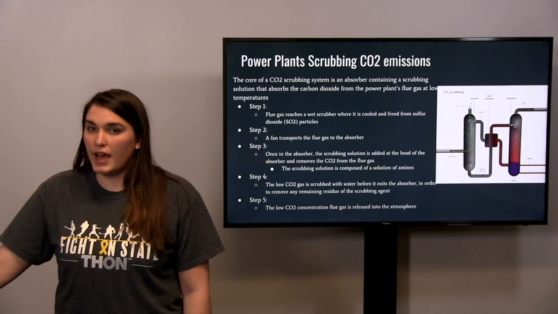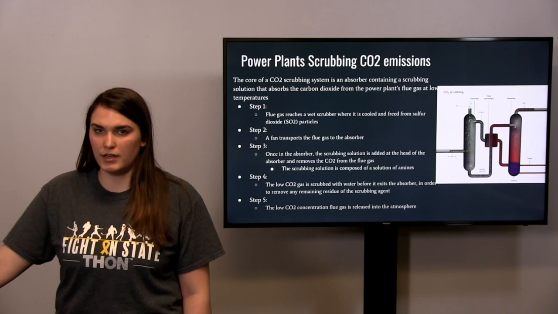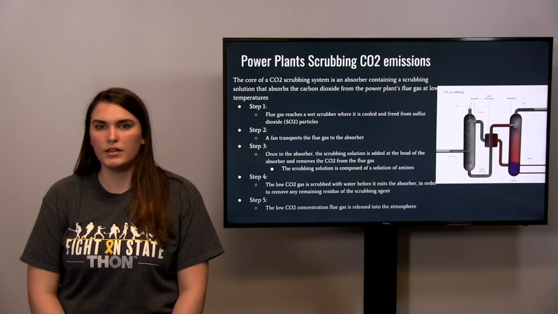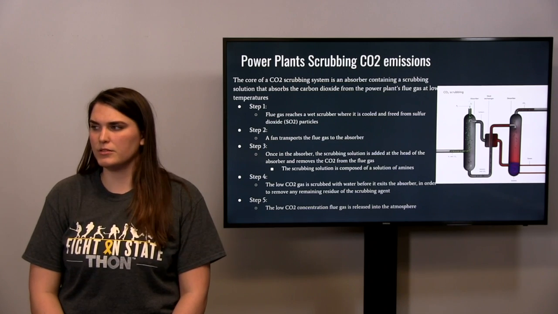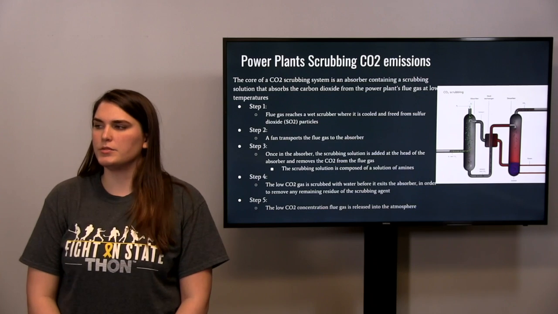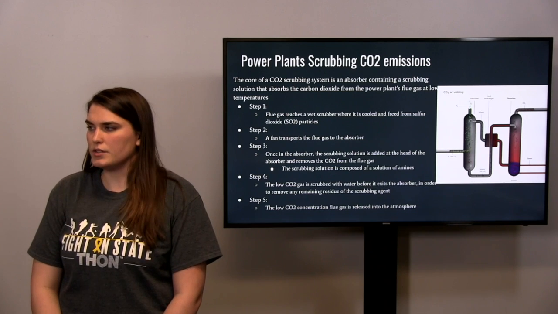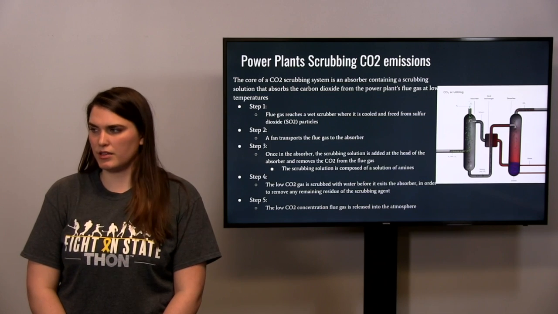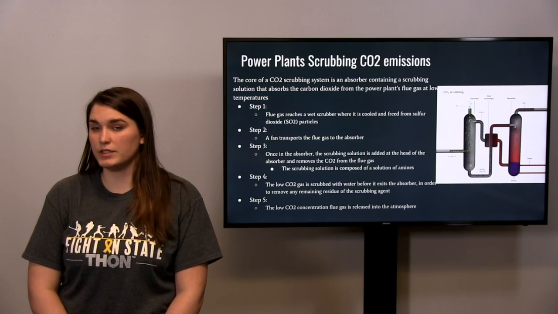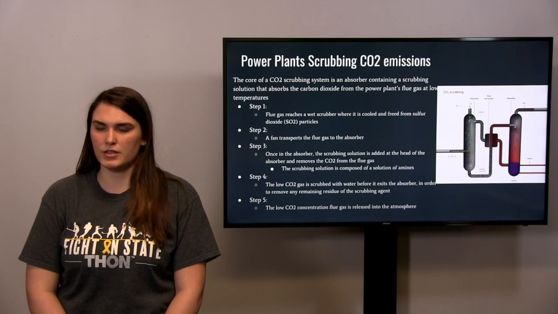So back to how we capture this CO2, it can be captured from carbon dioxide emissions from power plants, which scrub the flue gas, and the core of this scrubbing system is an absorber containing a scrubbing solution that absorbs the carbon dioxide from the power plant's flue gas at low temperatures. So you can see from the schematic that the flue gas will first reach a wet scrubber where it is cooled and freed from the sulfur dioxide particles, which can prove to be corrosive to the pipes and the transportation